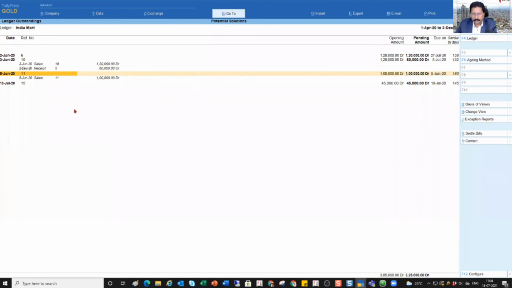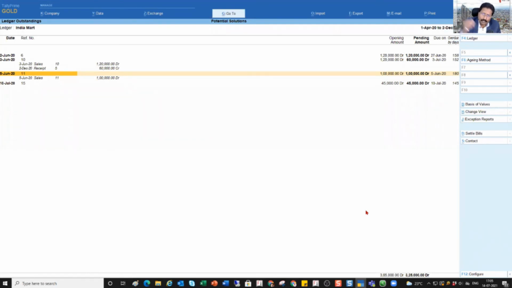Okay. So now I'm seeing this report. Invoice number 11. My date is 2nd of December, right? My sales invoice is 1 lakh, pending amount is 1 lakh. Now I know that this party has given me a post dated check. So as on today, I just want to see what all the post dated checks are. In some businesses, generally you will collect a post dated check and then only do a supply. So if you have post dated checks for multiple bills and for multiple customers, the current date balance is going to remain as it is.